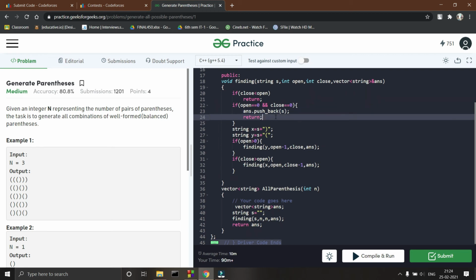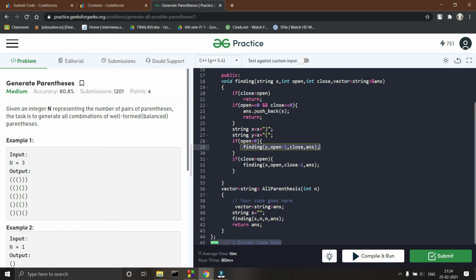Okay, so now I have a string x where I have appended a closing bracket, and string y where I have appended an opening bracket in s. Okay, so if open is greater than 0, then I can append an opening bracket, and then I will operate it further.